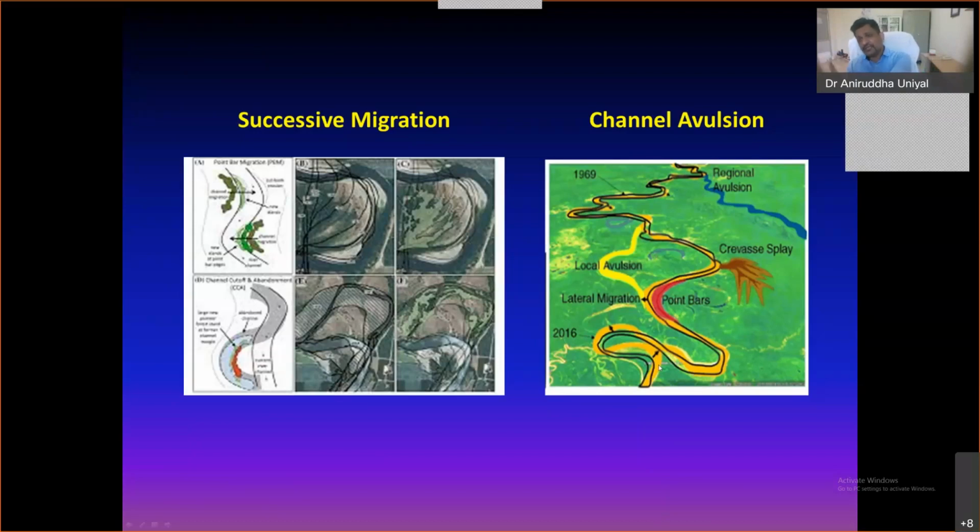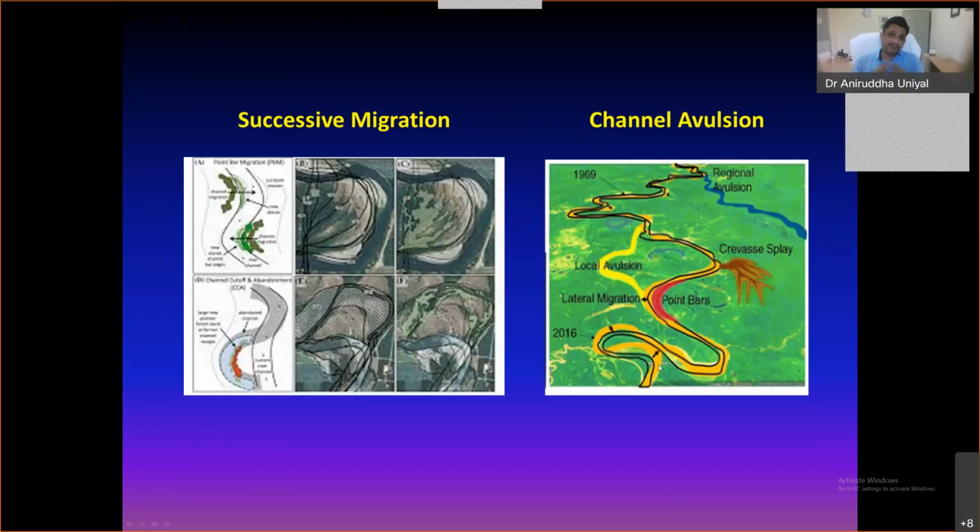And once the river reaches its end stage, where it merges into the Bay of Bengal, Ganga and its tributaries. So there you see, because the master stream is Ganga, all the rivers are merging into Ganga, and finally it is merging into the Bay of Bengal. So there it forms a delta. So that is the end stage.